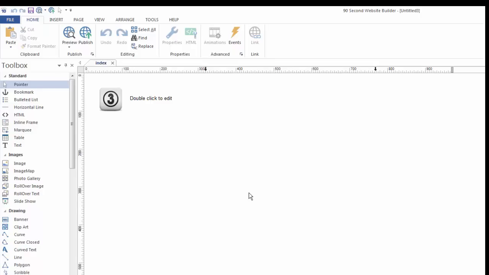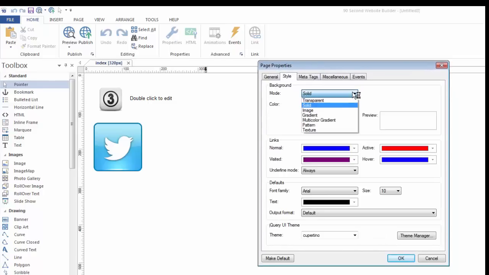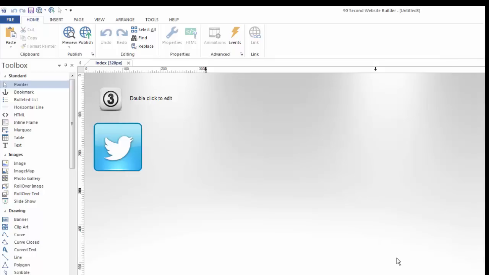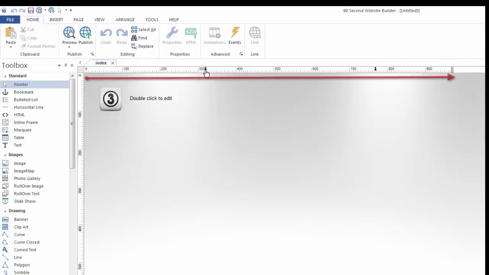Having said that, when you work with backgrounds, whether you've created your default page first and added your breakpoints later, backgrounds are always shared across the variations. So here I am on my default page. It wouldn't matter whether I was on my default page or I'm on my first variation. If I go to page properties and I select a background, we'll find an image. And I'll make my background be, let's say, this sort of light gray. So here's my background. You'll notice no matter what happens when I change variations, the background will always be shared